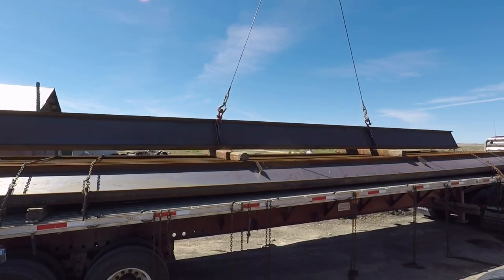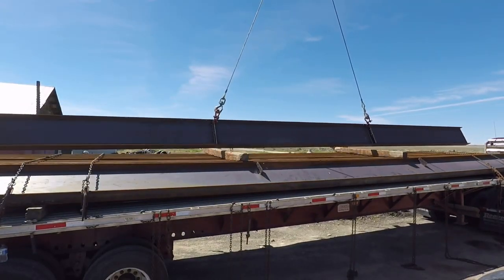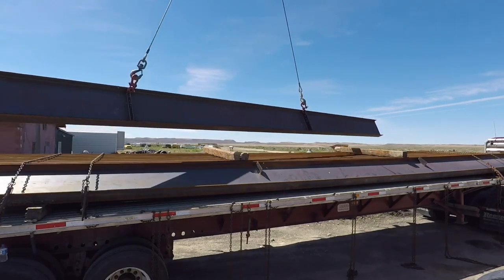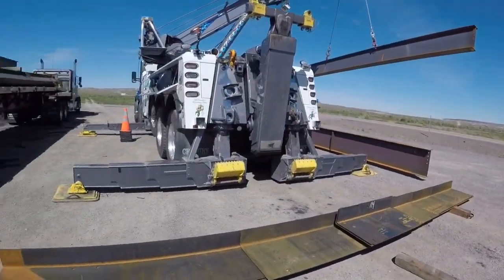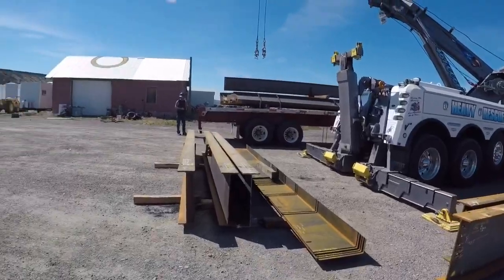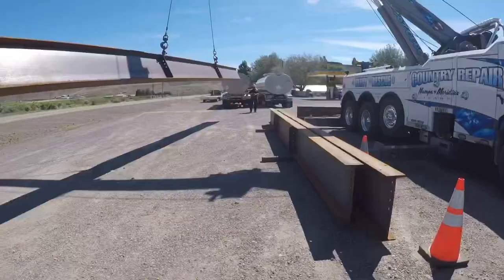But pretty simple. We're just unloading all of them from the top section so we can get to that lower section where it fell over, so that he can get them all stood back up and chained back down and on the road. So looks like that's the last one there. We were really hopeful that we didn't have to unload every single one of those on the bottom side, but you'll see here in just a little bit there's kind of a shot of what we've taken off so far,